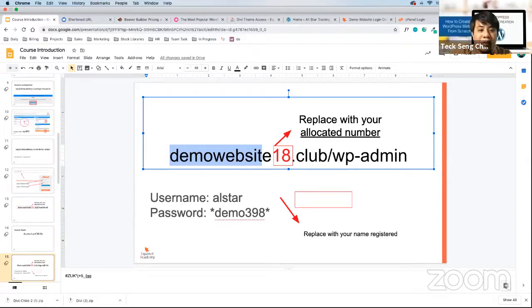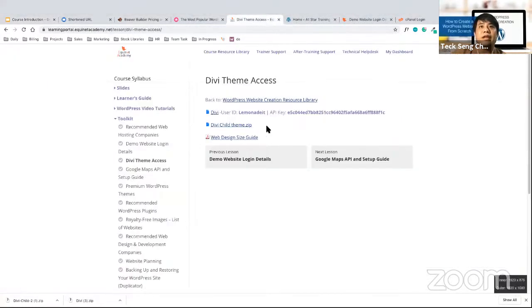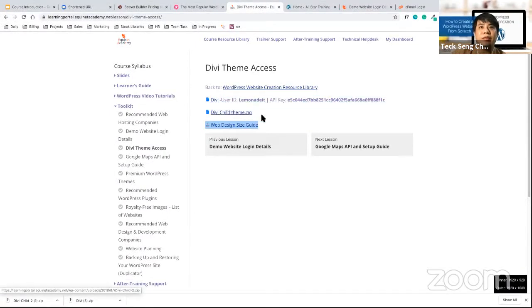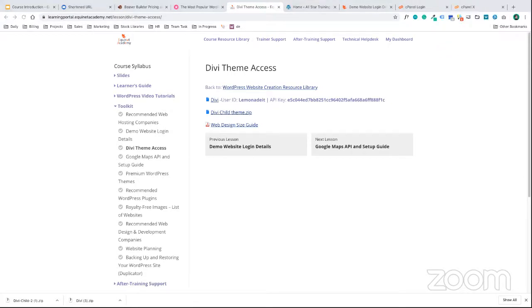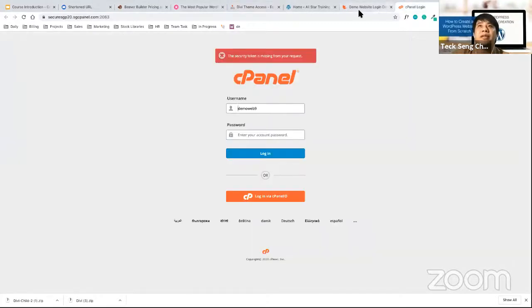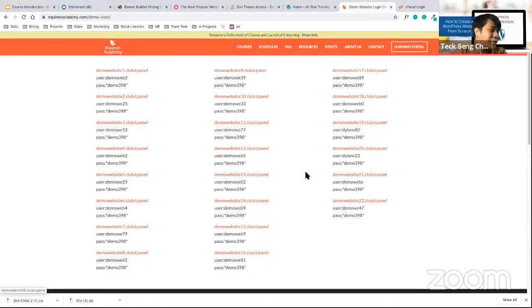Lula, make sure that you have downloaded 2 files, one is the DB file and another one is the DB child. So DB 1, DB child 1. Make sure you use your correct number. If you're using another number, then you're wrong already.